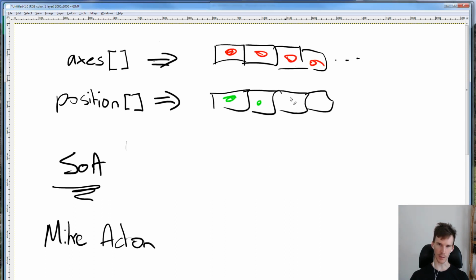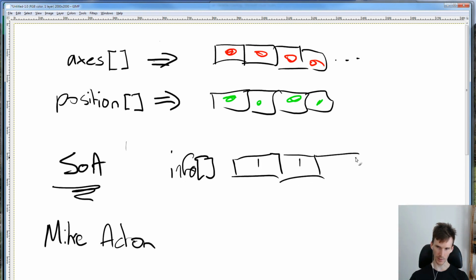Whereas if we had a thing like info, and it was just axis, position, in memory it would look like this, and then you'd have position, axis, and so what happens